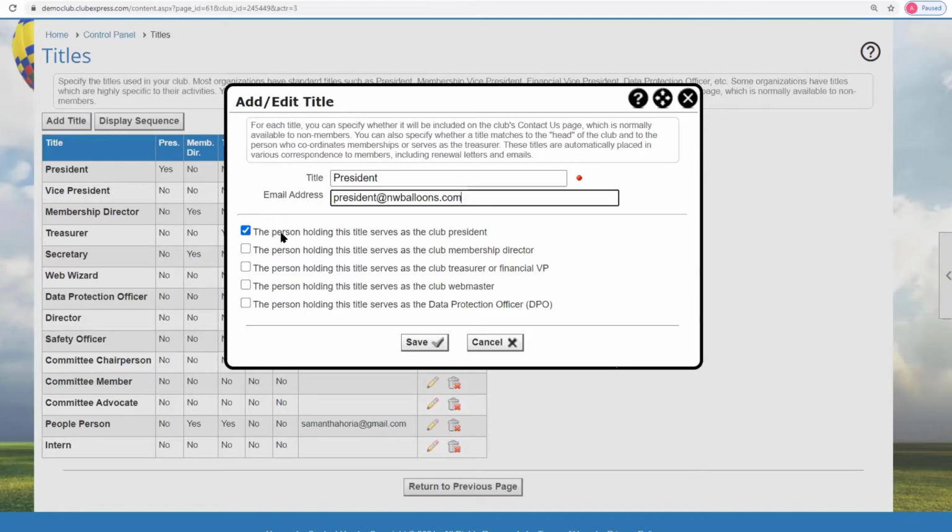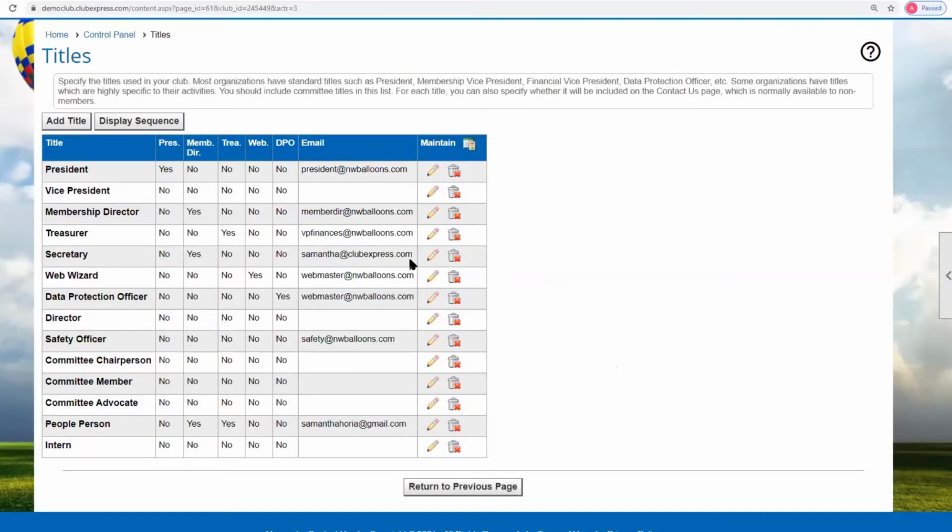And it says that the person holding this title serves as club president. Similarly, the membership director, it says this person holding this title serves as membership director. And we have similar things for the webmaster and for the data protection officer. And this becomes useful when, say, sending out a new member confirmation, because it will put in by default the